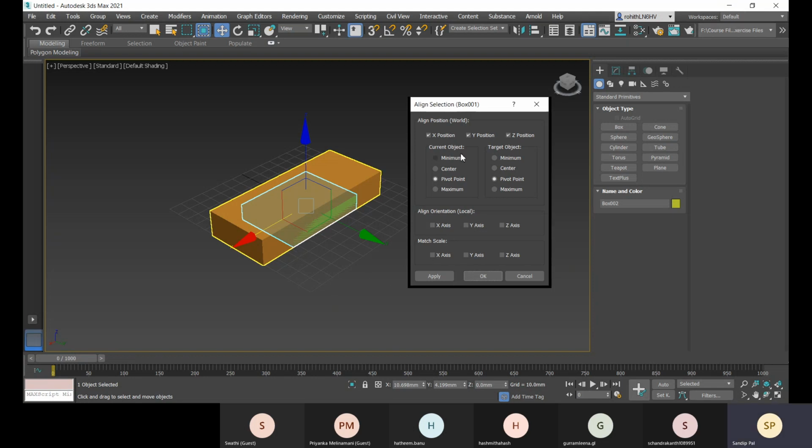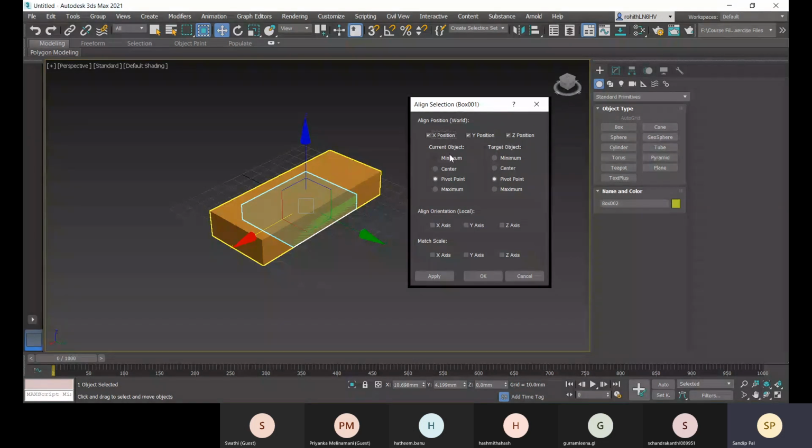So what you need to apply, like the X position is okay, so I'll not go with the X position. If you want to apply the X position also, you can do it. And the Y position will be aligned, and the Z position will be aligned.